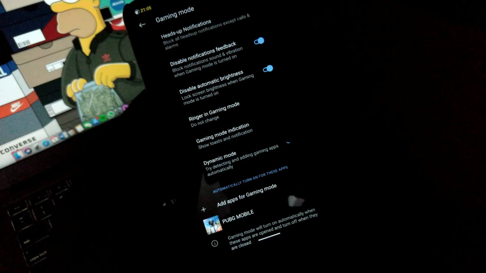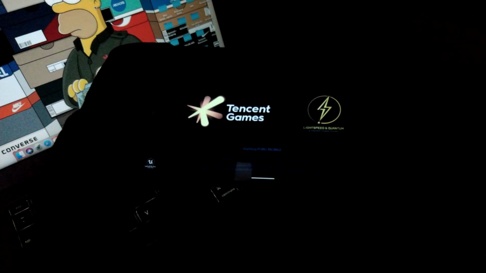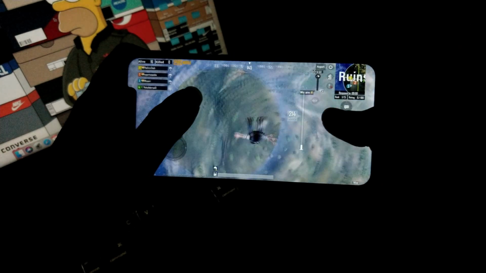Next is about the gaming performance. Talking about the gaming performance, yes, the gaming performance in this ROM is pretty dope, stable, and no lags were found while playing PUBG. You can also consider games like Asphalt 8, Call of Duty Mobile, and any other games with very high graphics. You can play easily and no lags were found, and no frame drops were also found. So yes, PUBG works super smooth in this ROM and it works perfectly fine.